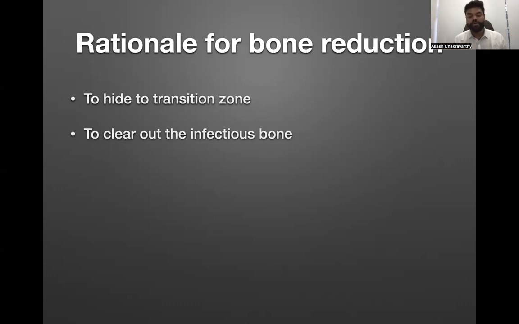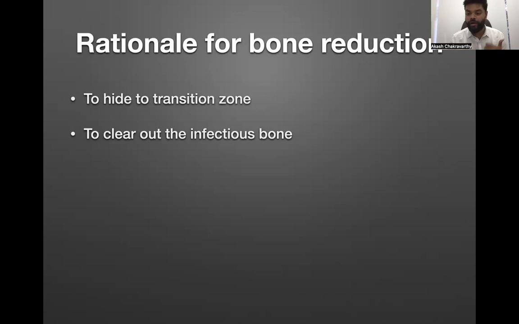Okay, so the next point is to clear out the infectious bone. Now, a lot of patients come to you when their teeth are all mobile and they're shaking. That means there's a lot of periodontitis and infection in their bone with granulation tissue. So you need to clear all of that out, because if you don't clear that bone out and you place your implants basing that as your base level, then you are going to be surprised that the bone is going to resorb, because it is infectious bone.